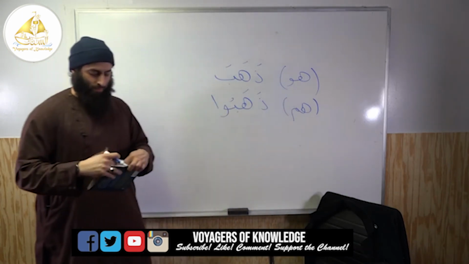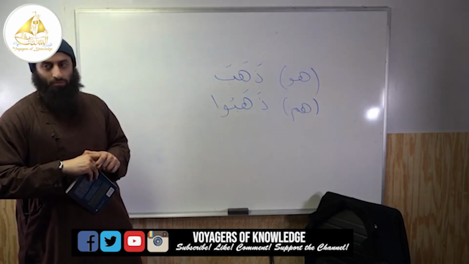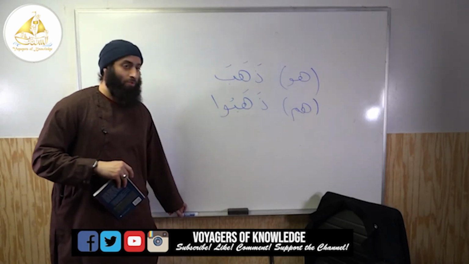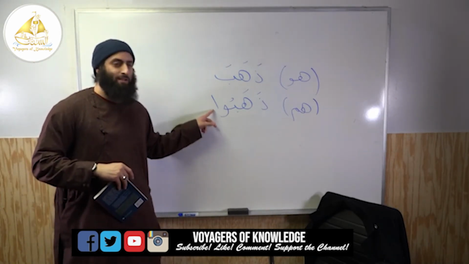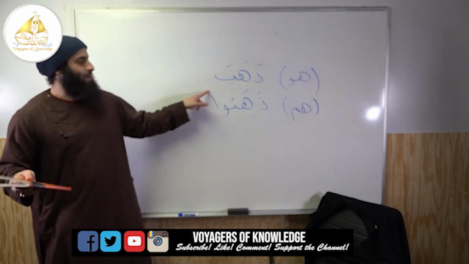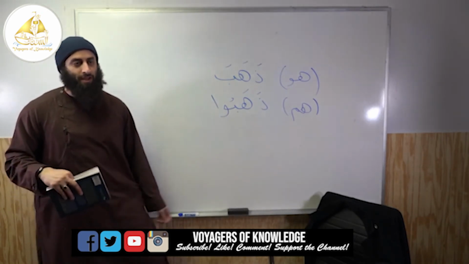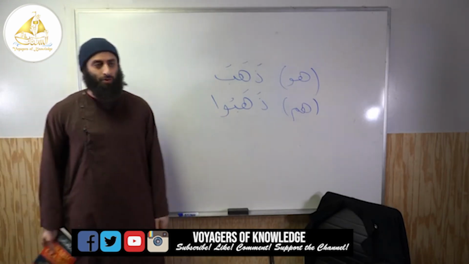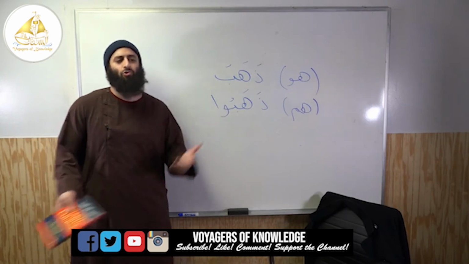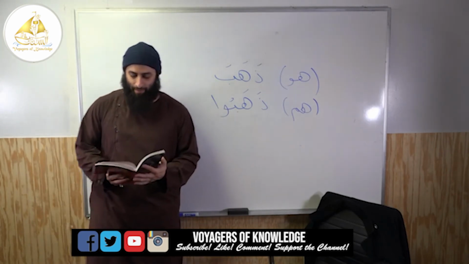Mat'am. What is mat'am? Where you eat. And sukun on the alif. If there's an alif anywhere, it's always a sukun. Unless there's a hamza somewhere. If there's a hamza, like alif is always sukun, unless you get that little hamza there or little hamza here. Otherwise it's always sukun, even if you don't write it.